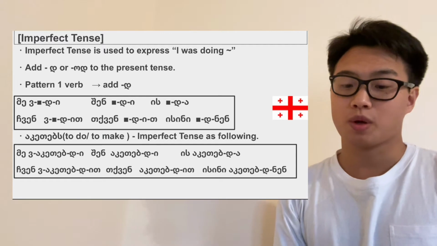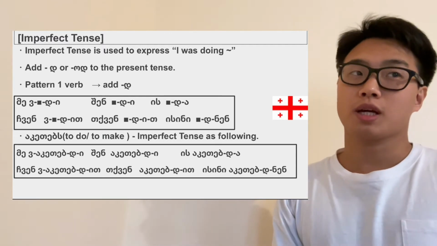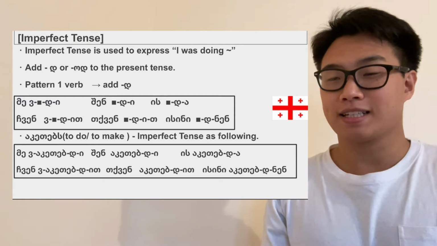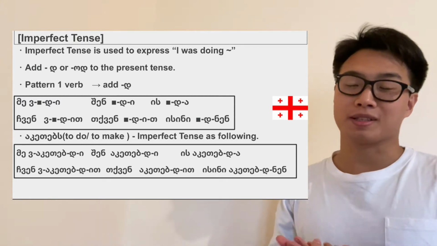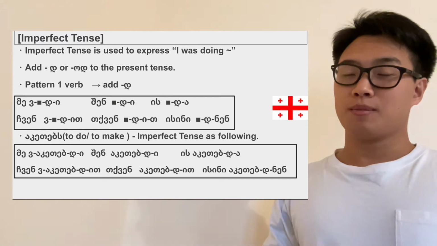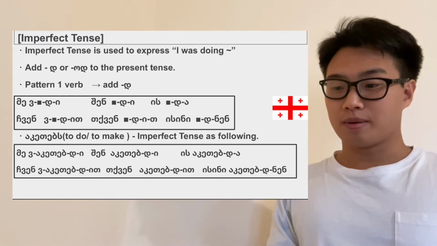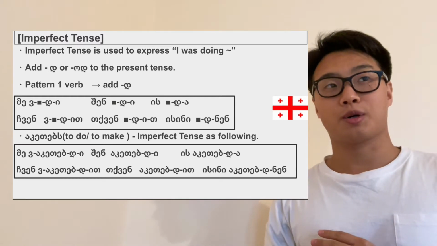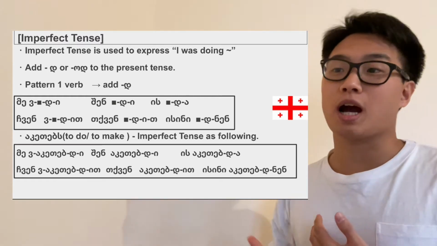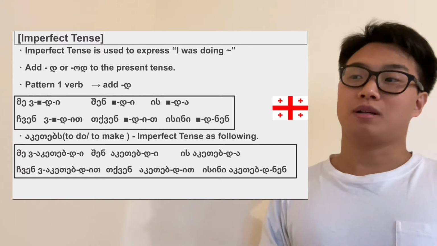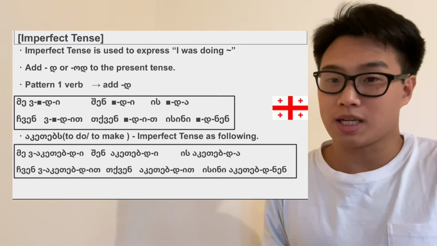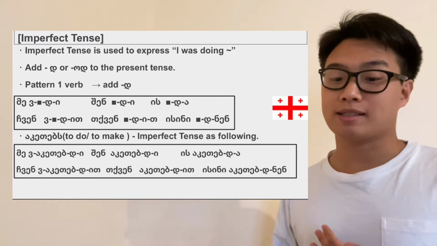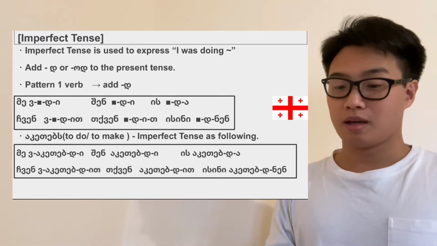So in this video we are going to study how to say, for example, I was making, I was reading, I was eating, these kinds of imperfect tense or past progressive tense. Georgian language doesn't have the present progressive tense, like I'm doing, I'm sleeping, I'm talking, etc. But as for the past tense, Georgian language has the imperfect tense, and today we are going